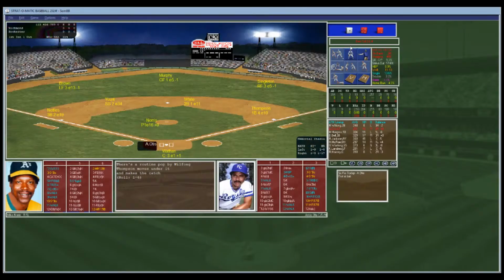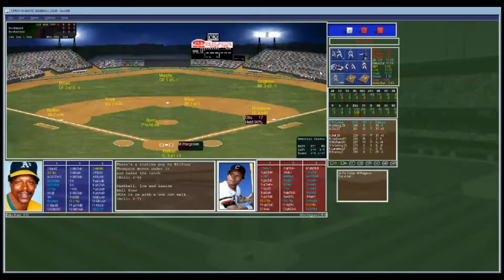And here is Amos Otis. So Amos Otis, always good. .251 hitter, 10 home runs, 53 RBIs. Better hitter versus righties. Norris looks in, gets the sign, and here's the first pitch to AO. And that's a walk to Otis. So Otis is on. Norris is a 0, plus 1 for John Wathen, so it'll only be a minus 1 on the hold. So Otis can probably run.